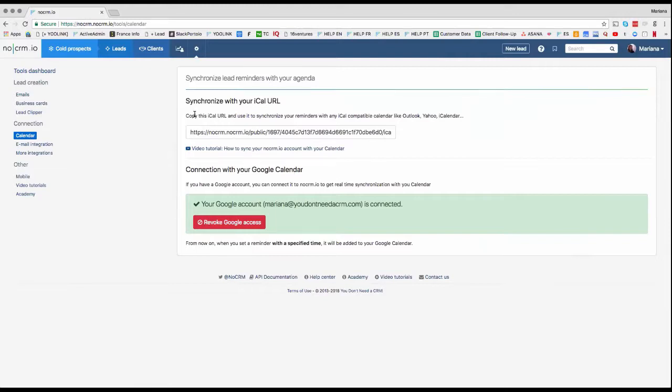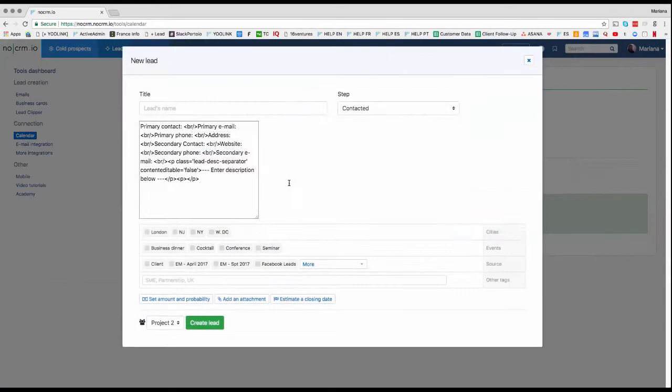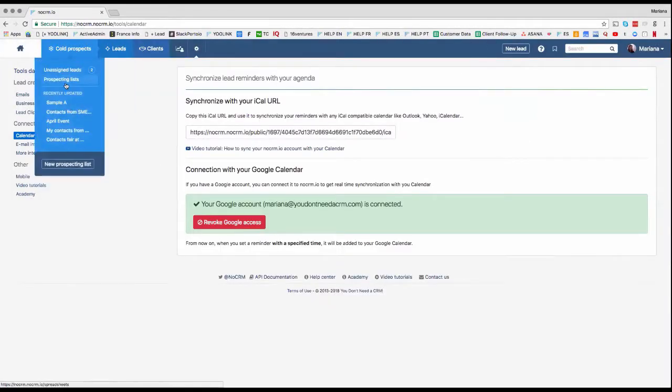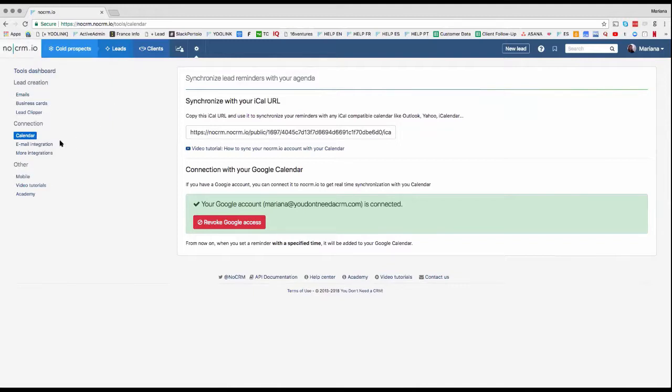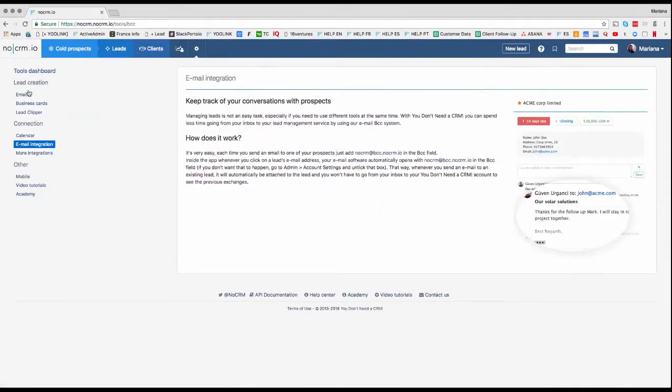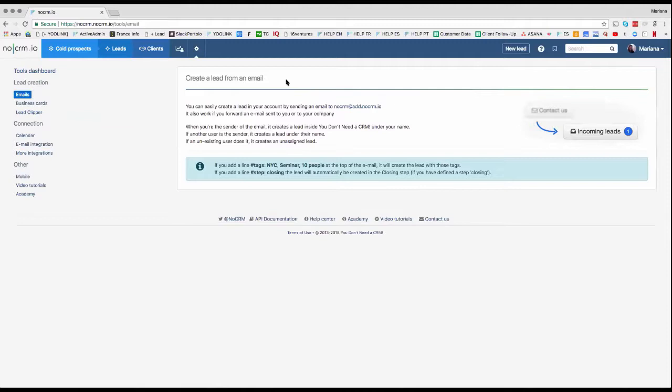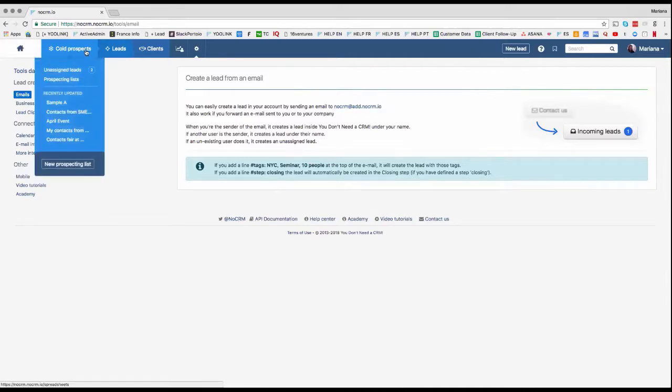Creating leads inside the system, several ways of doing it. So we saw that you can create them manually by importing an Excel-like spreadsheet, all right? But you can also, like here we explain lead creation from emails, forward an email that you received into the system. So I just got an email from someone to whom I gave my business card. They want to know more about noCRM. That's a lead. I need to answer them. I need to enter that lead in the system. I just need to forward the email to name of my account at add.nocrm.io, and it will enter my to-do